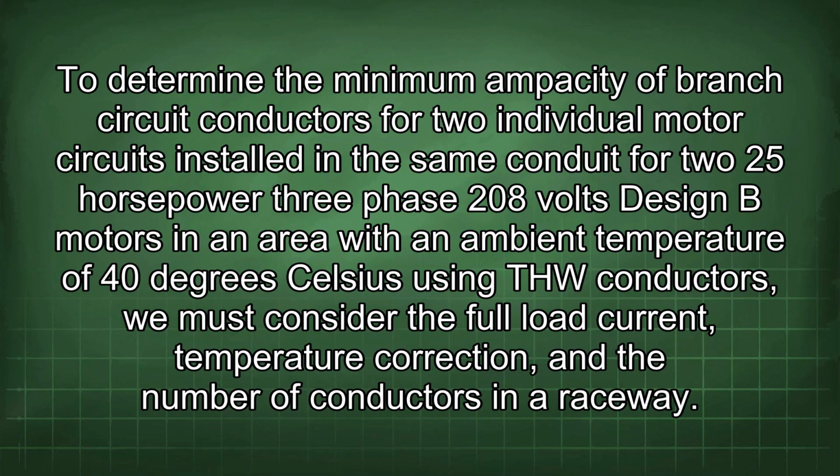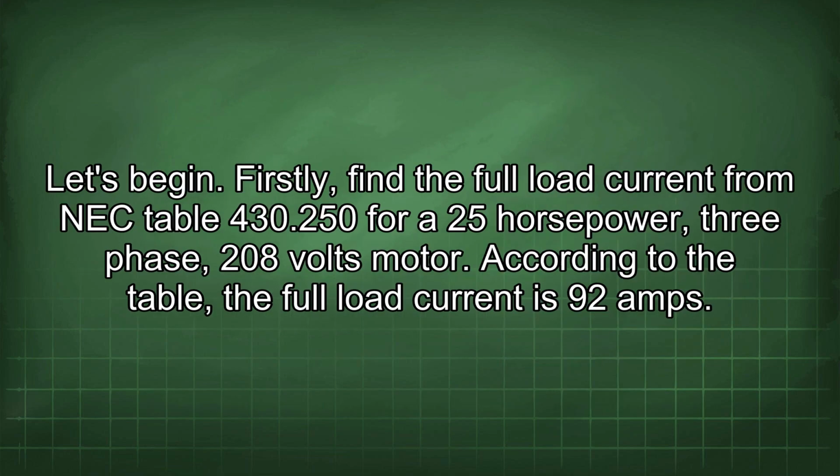Determine the minimum ampacity of branch circuit conductors for two individual motor circuits installed in the same conduit for two 25 horsepower 3-phase 208 volts design B motors in an area with an ambient temperature of 40 degrees Celsius using THW conductors. We must consider the full load current, temperature correction, and the number of conductors in a raceway. Let's begin. Firstly, find the full load current from NEC table